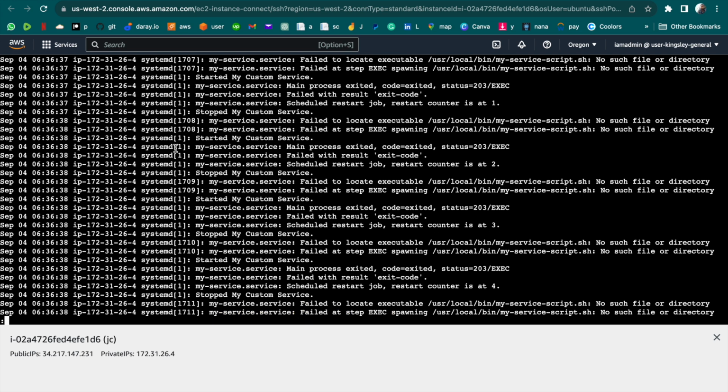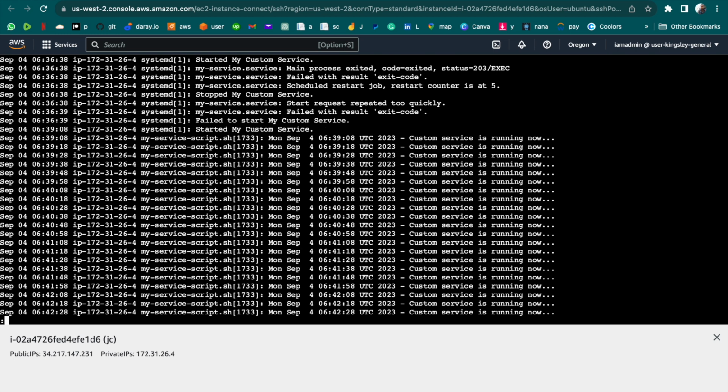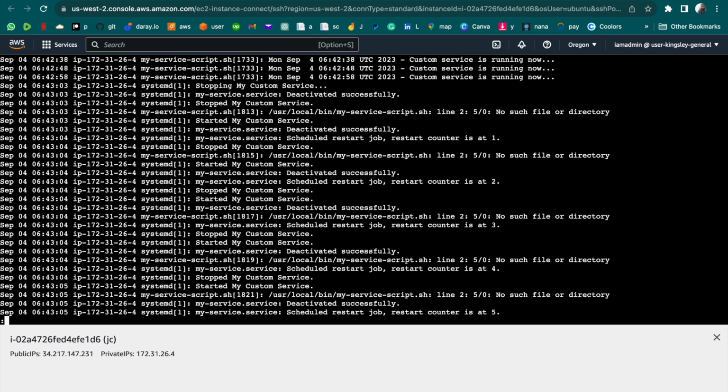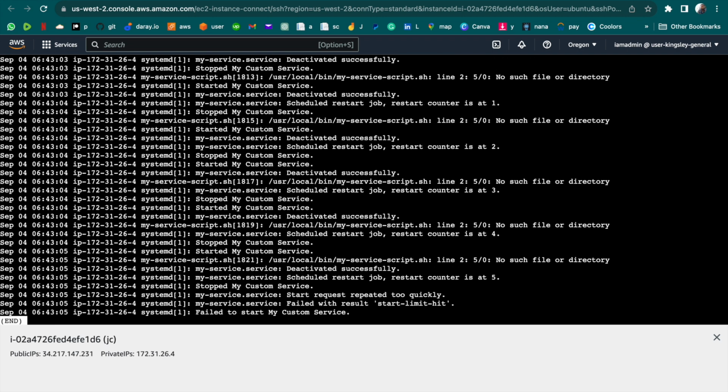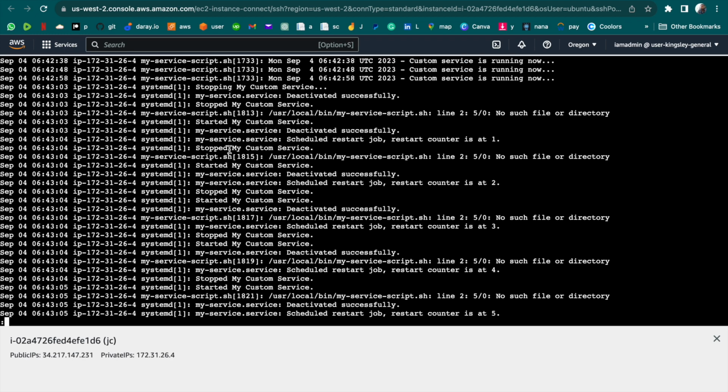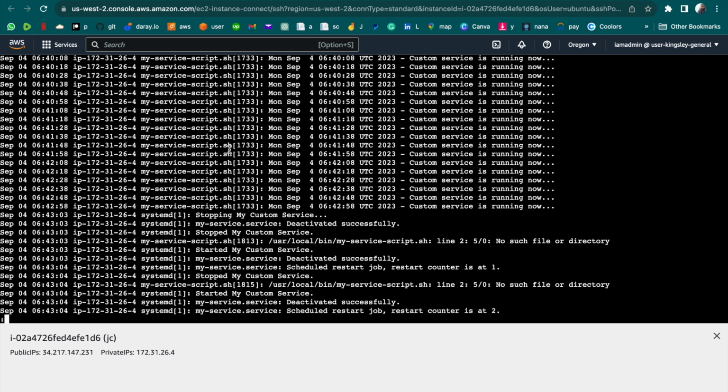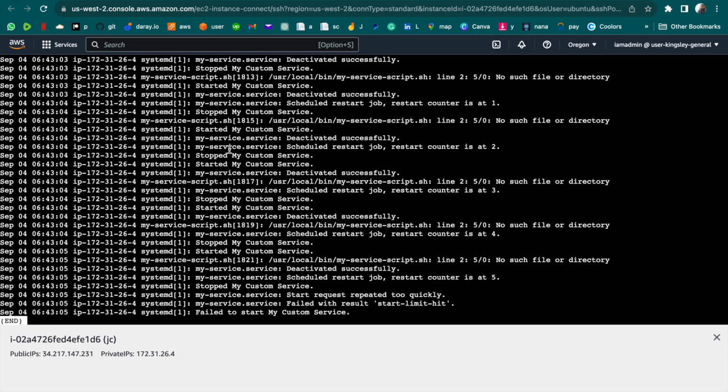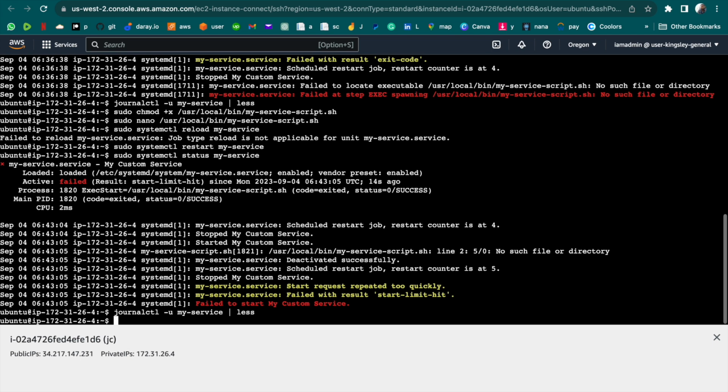Yeah, so now we check the log, we see the error. So you see the new error, right? As you can see, service was running and then now we have an error. Okay, right? So as you can see, Journalctl shows us the logs. It helps us pass through it. This is it. Custom service is running and now there's an error. Journalctl shows us the logs and helps us evaluate